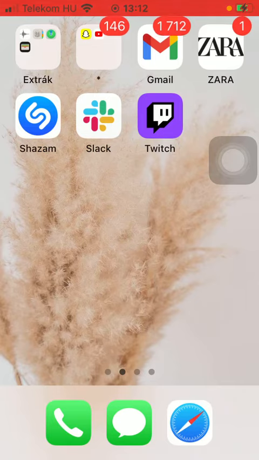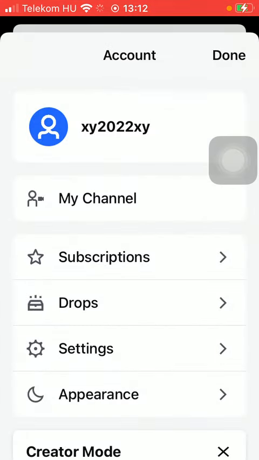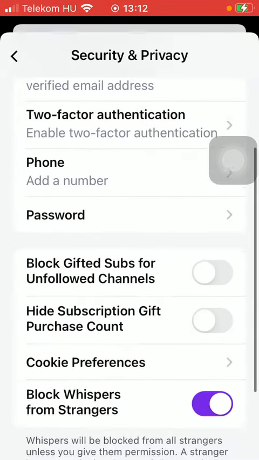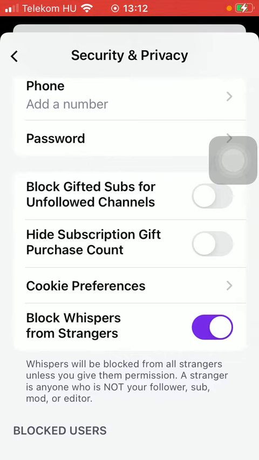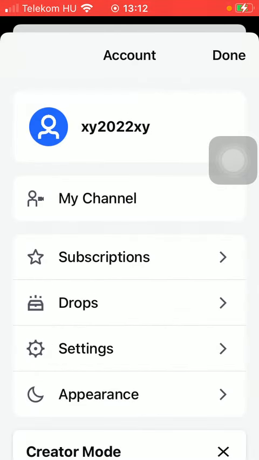So let's jump into it. First of all, open the application on your phone. Now tap on the profile icon that you can see in the upper left corner of the screen. Tap on settings, click on security and privacy. Now scroll down and tap on the block gifted subs for unfollowed channels and click on hide subscription gift purchase count, thereby turning on both of these functions of the